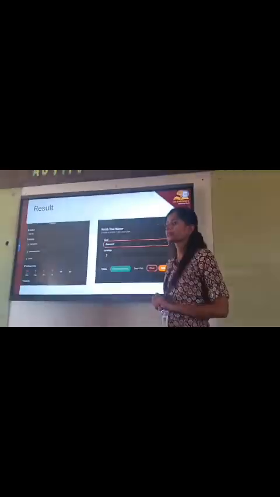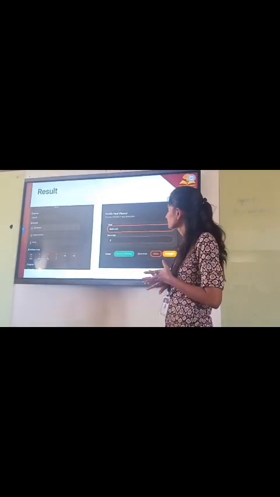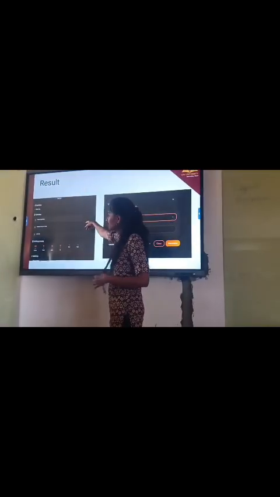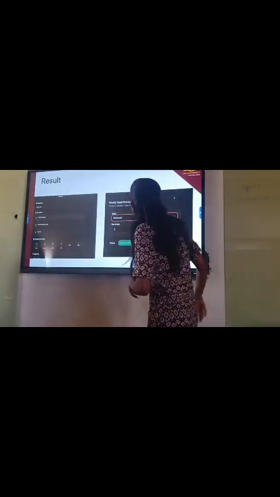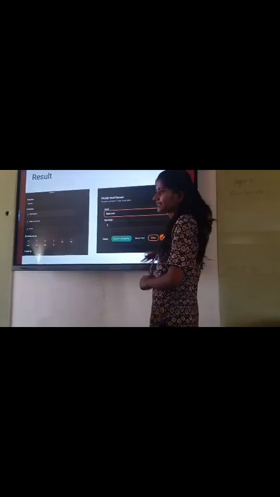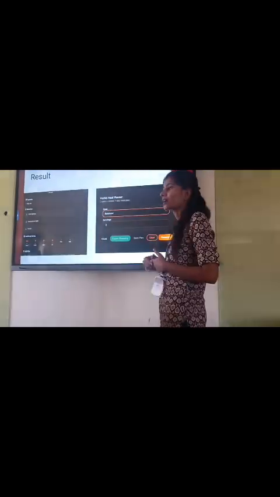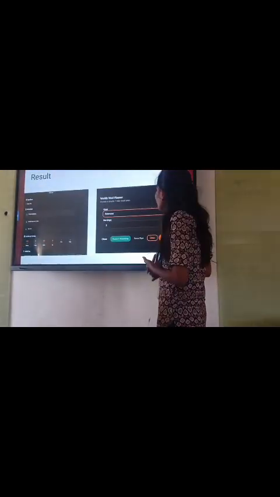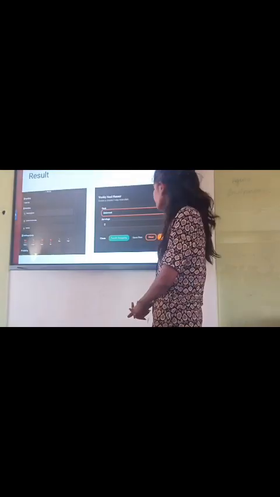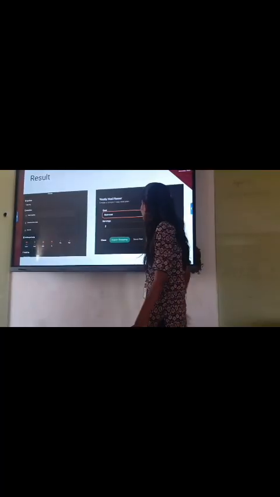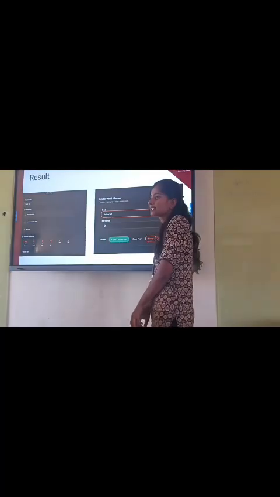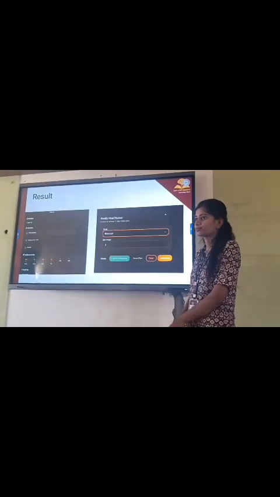Here, based on the user inputs, available ingredients and their diet preference, it will suggest the cooking steps step by step. This is the weekly meal planner option. Here, the user can set their weekly meal planner, on Monday what to cook, on Saturday, Sunday, for their morning breakfast, lunch and dinner. If they find any item missing, they can add that item to the shopping list. So with this, the user can cook a variety of food.